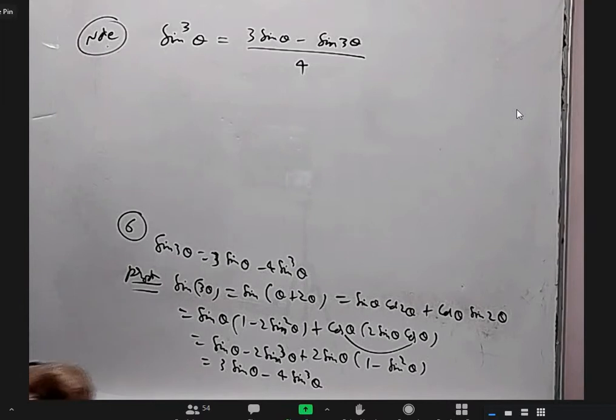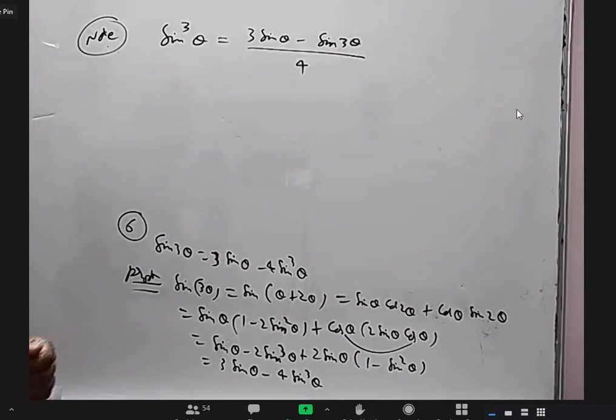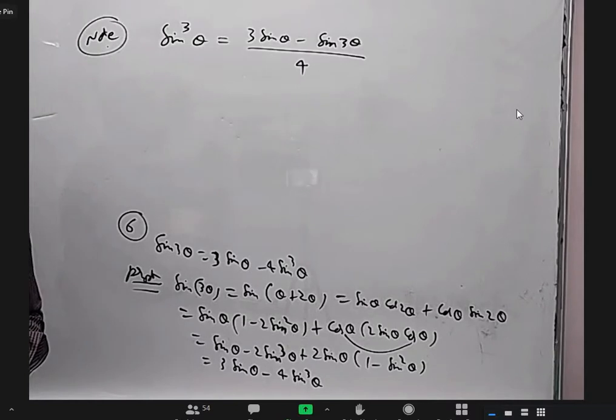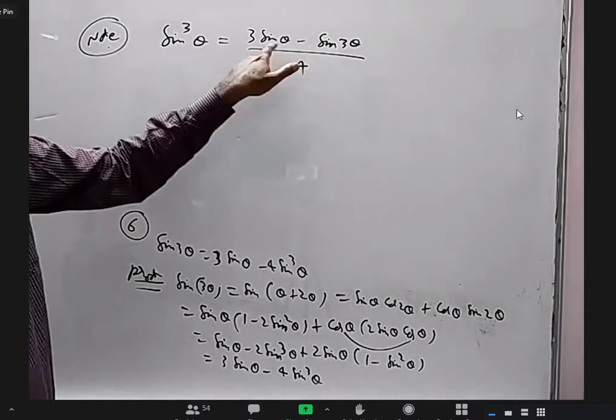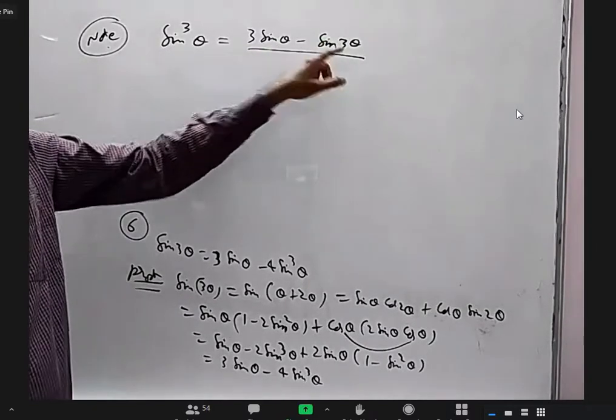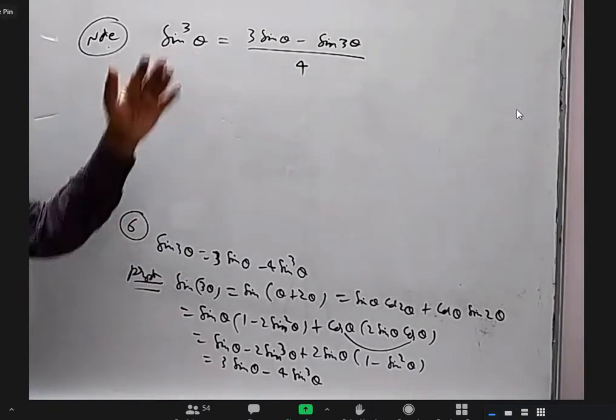What is the use of this? Where we use this is whenever we don't want cube, we want to remove the cube. For example, in physics, all of you are learning a little bit of integration also, right? So if you want to integrate this, it's difficult. But integrating this is easy because sin theta integral is minus cos theta. Sin 3 theta integral is minus cos 3 theta by 3. So like that we'll be using in integration. Or sometimes I may have to find sin cube theta plus sin cube 120 plus theta plus sin cube 240 plus theta. The cubes I don't like them. So if I want to remove the cubes, I can use this. So the same formula rearranged, we use it sometimes.